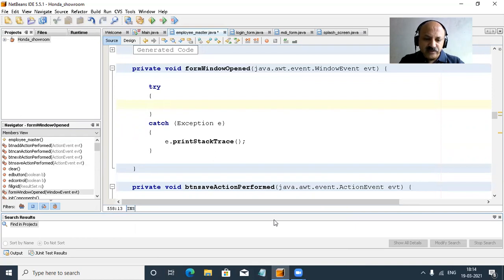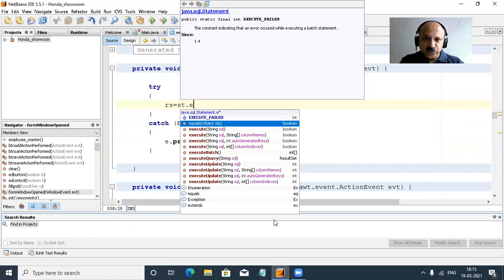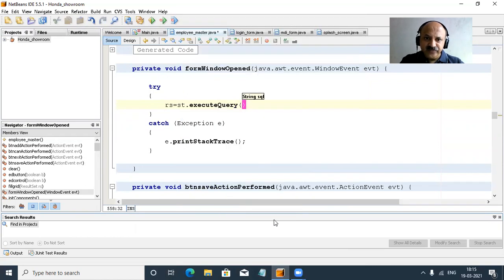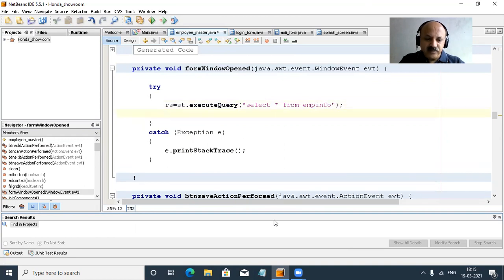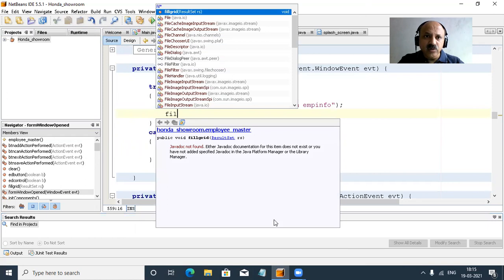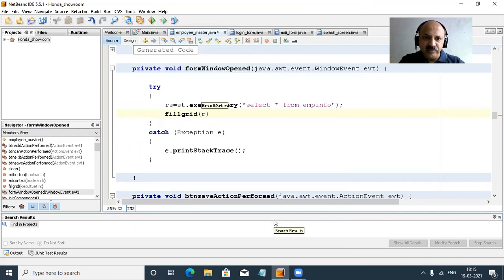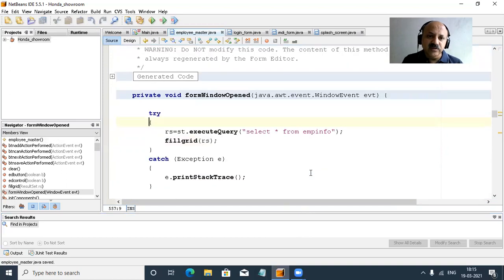Like result set, and statement execute, that is a query: select star from emp info, and then fill the grid. Only call fill grid, that is a user defined method. So when the window is open, all records appear in the grid.